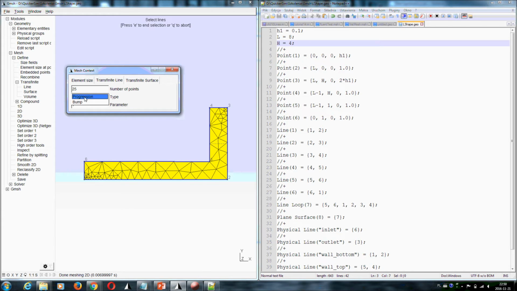Progression means that we have refinement either to one side or the other side of the line. Bump means that we will have bump, so refinement in the center, or coarsening in the center, which basically means refining to both ends. Let's select progression, and you never know whether you should have parameter smaller than 1 or bigger than 1. You probably need to check this. All right, let's try with 2,